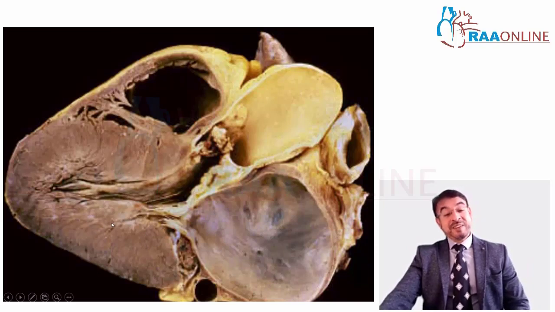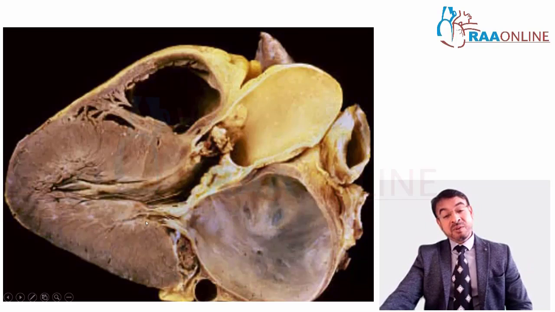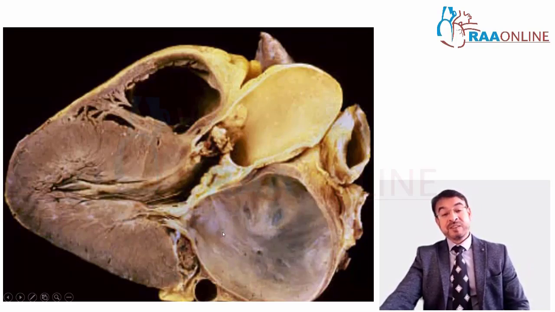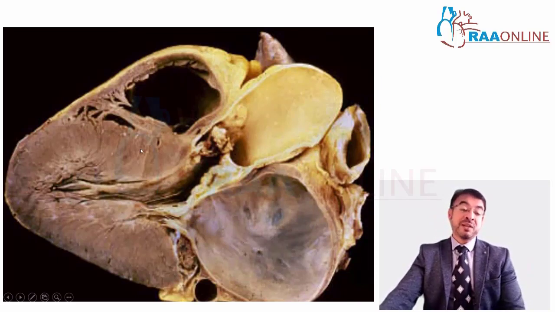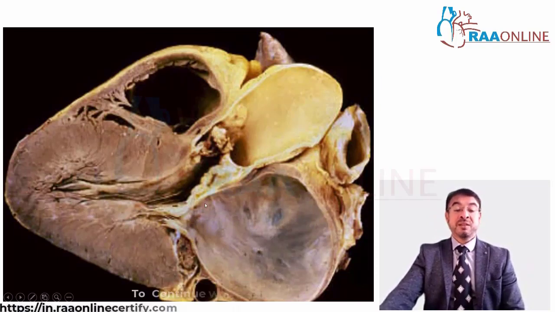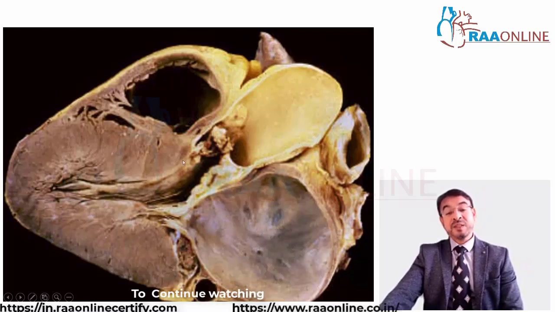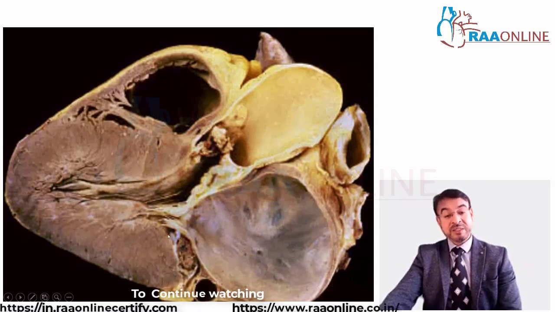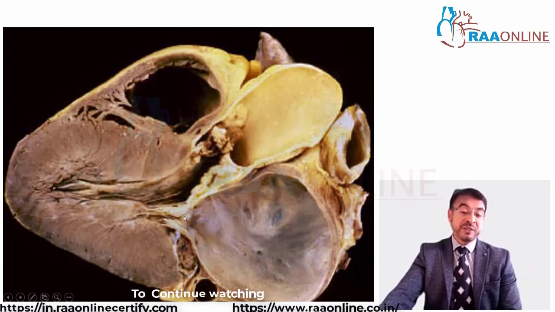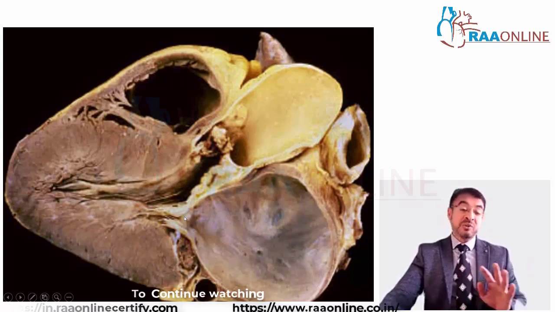And then because of this, the blood has gone up into the left atrium and in course of time the left atrium has dilated. So this patient has died of heart failure because of left ventricular hypertrophy and failure and left atrial dilation due to aortic stenosis and mitral regurgitation. This is a beautiful picture which will help you understand almost the entire lecture.